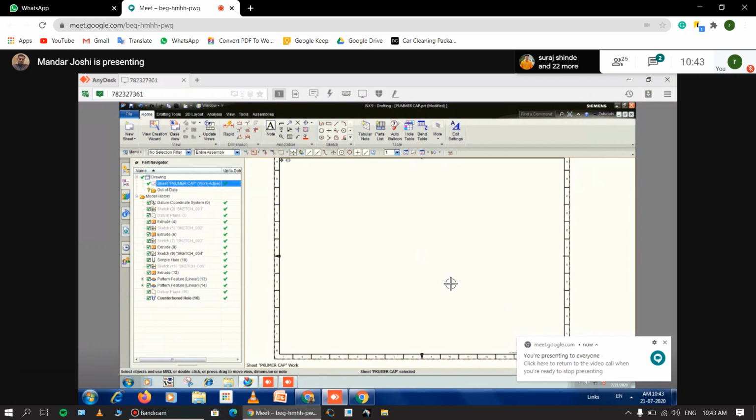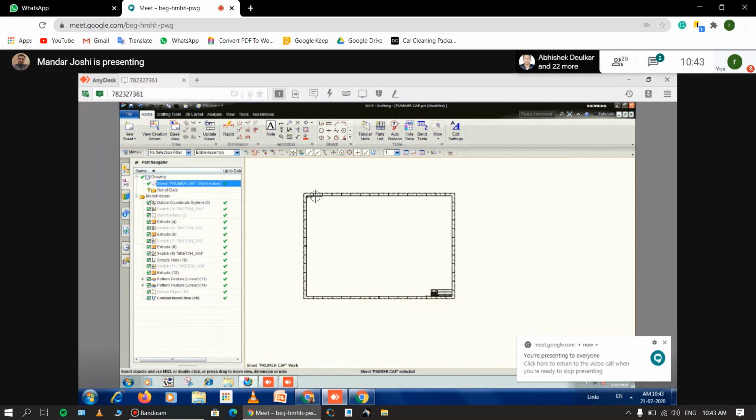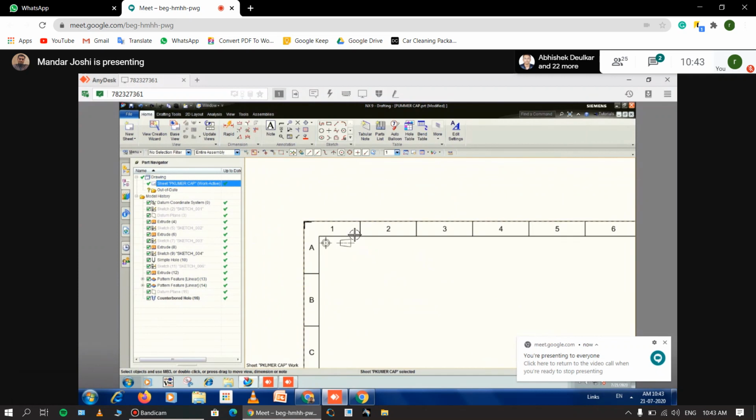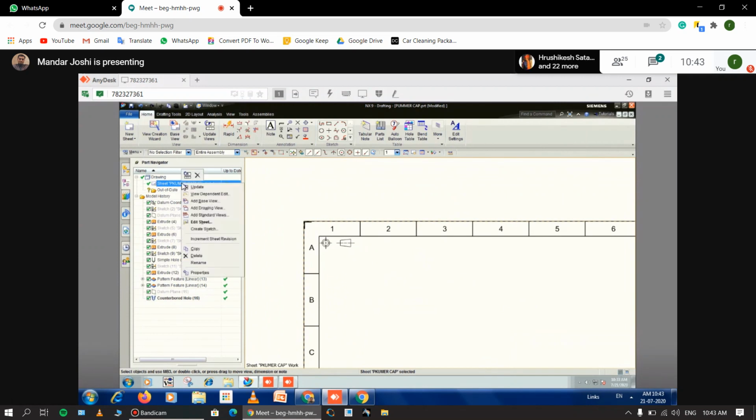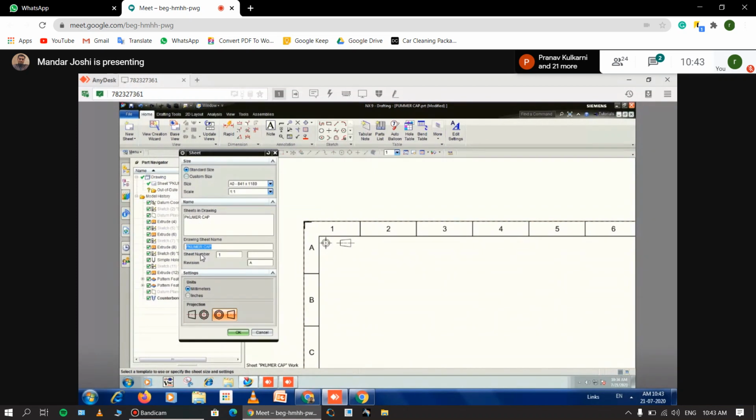Now what is my first requirement? If you see the projection system, you will see it in this top right corner. What projection system is this, first or third? Third. According to our drawing, we require a first angle projection system. So I right click on this and use this Edit Sheet button. Edit Sheet. Have you all seen this Edit Sheet button? Yes, sir. Just right click on this and use the Edit Sheet button. Just click on that and here you can modify that information.